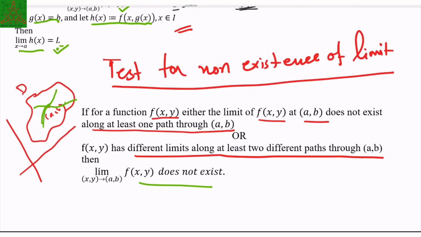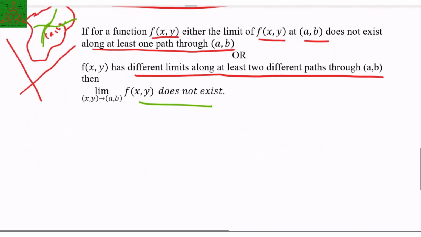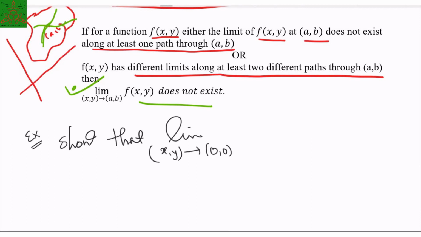So in the previous video, we discussed all the examples where the limits exist. Here we are discussing the examples where the limits do not exist. So with these two theorems, which are the most important, we will solve lots of examples. Let's start with the first example. The limit as xy tends to 0 0 of x plus y upon x minus y